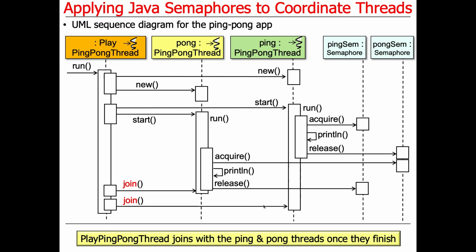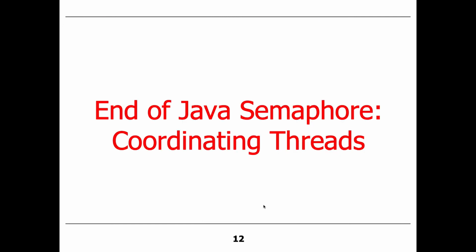And then finally, the play ping-pong thread, after it starts these other threads to do their pinging and ponging, sits there in a loop joining with these other threads. As these other threads finish their iterations, the main thread will pick up the results and only proceed after the other threads are done. So that's a classic example of a barrier synchronizer. Okay, so that's basically the end of the example showing how to coordinate thread interactions by using semaphores in a non-fully bracketed